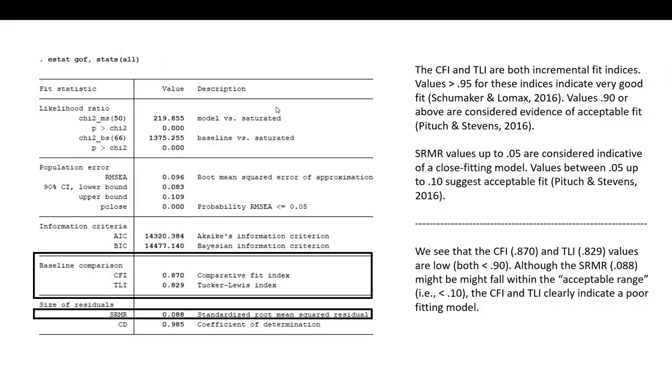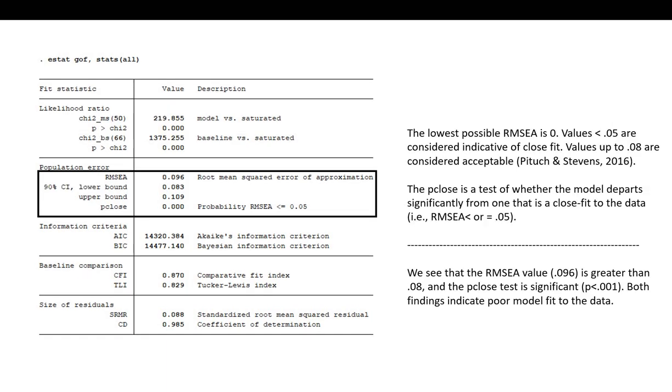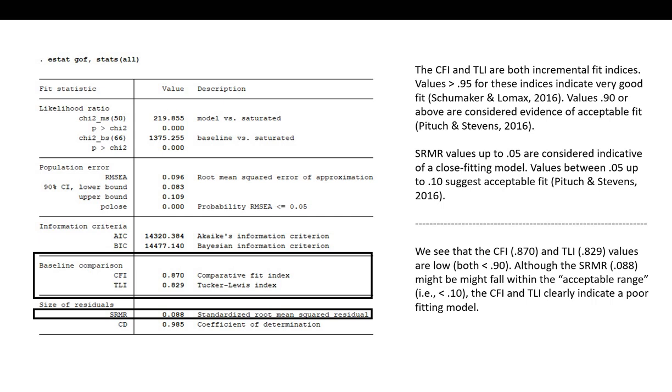And just going back into my PowerPoint, where you can see things a little bit better, just reiterating: there's the chi-squared goodness of fit test being statistically significant, suggesting poor fit, and the RMSEA and the p-close test, both of those indicating poor fit. Then we've got the CFI and TLI, which are both incremental fit indices. Values that are greater than 0.95 would be considered indicating very good fit. Values at 0.90 or above are generally considered evidence of acceptable fit. So you can see both of these values as they appear in our table are below what would be considered